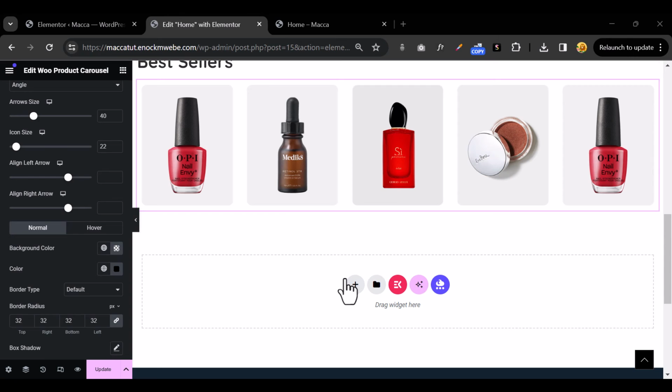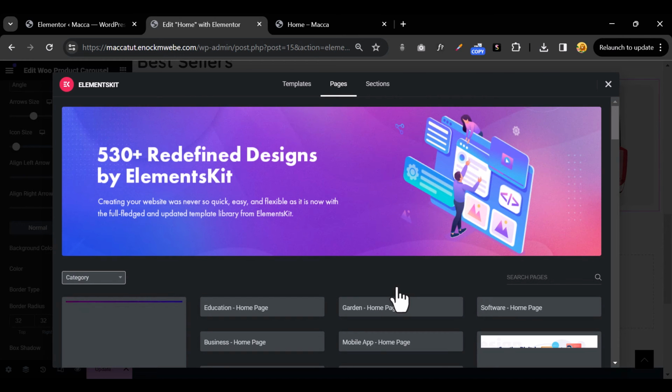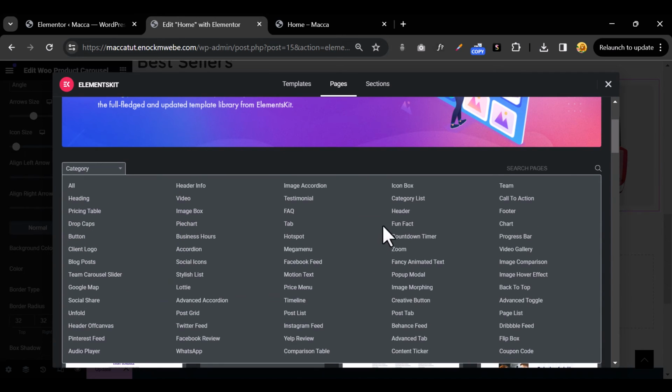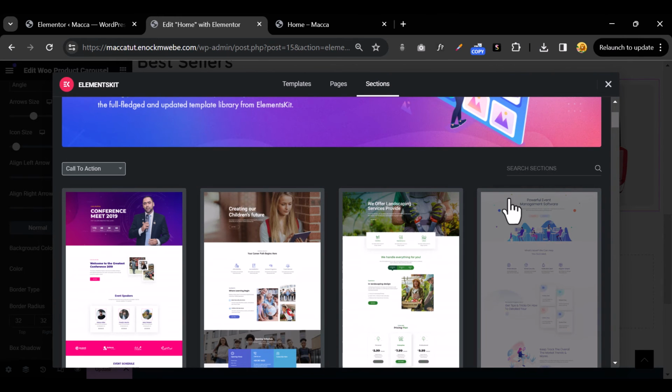To do that, I'm going to use a template, guys. Elements Kit is one of the must-have plugins that I use, because they provide me with templates. I just want to look for a template. For example, if I go to call to action, let me see if I can find a really simple call to action